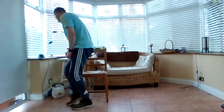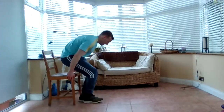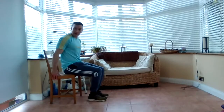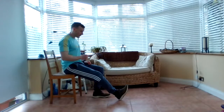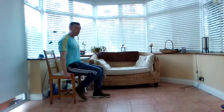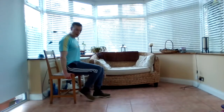First movement, I will show from the side angle. So just make sure I get space to demonstrate this one. Okay, so what I want to do is I'll sit slightly forward in the chair. I want to bring my right leg out. I am on the heel of my right foot. From that position, I pull the leg back until I'm on my toes. So I go from the heel of the foot to the toes of my foot, pulling the leg back,